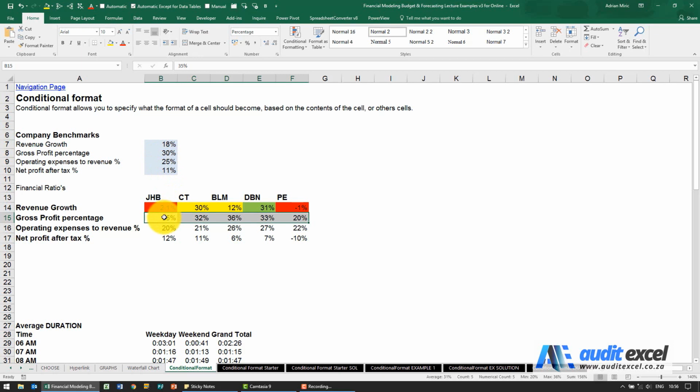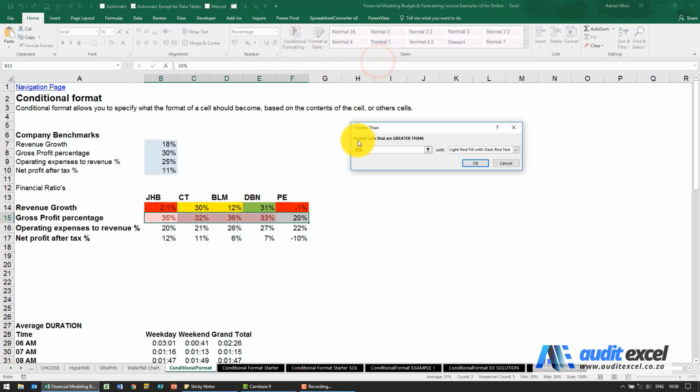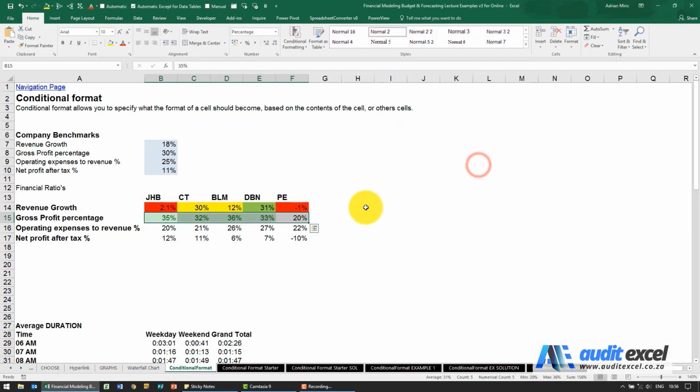I want these to turn green if they're bigger than that, or red if they're less than that. So the process is pretty similar. Home, Conditional Formatting, Highlight Cell Rules, the one I want is Greater Than. And now instead of typing this in here, I can go and just click on that cell. So what Excel is now going to do is compare the contents of these to whatever's in there. This time I'm going to use the green fill,